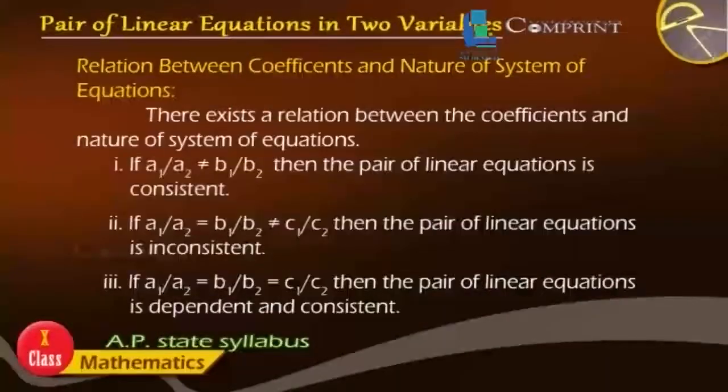Relation between coefficients and nature of system of equations. There exists a relation between coefficients and nature of system of equations. 1. If a1/a2 ≠ b1/b2, then the pair of linear equations is consistent. 2. If a1/a2 = b1/b2 ≠ c1/c2, then